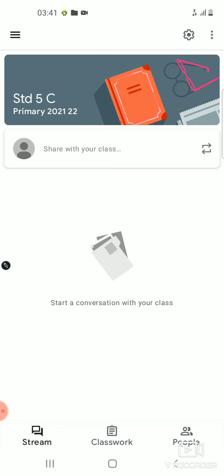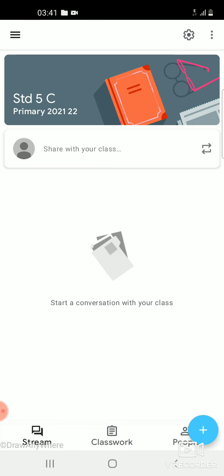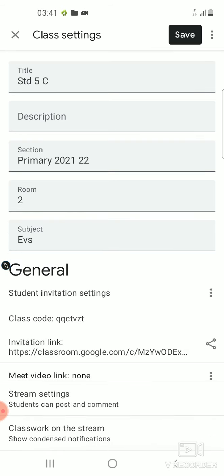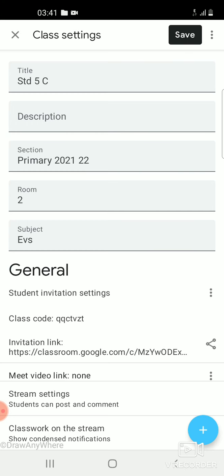Now another option is there. As you see on the top of this classroom, a setting icon, isn't it? When you click that icon, you can see this page which we have created. We can save also. Save option is there, and here students invitation settings are given.